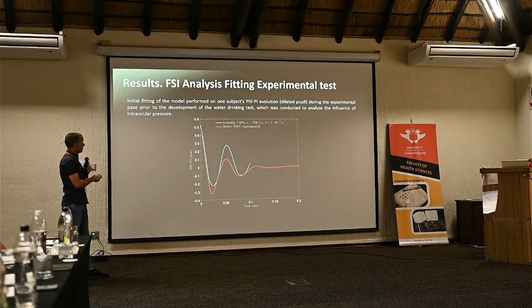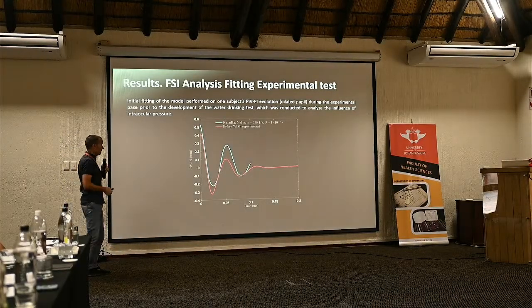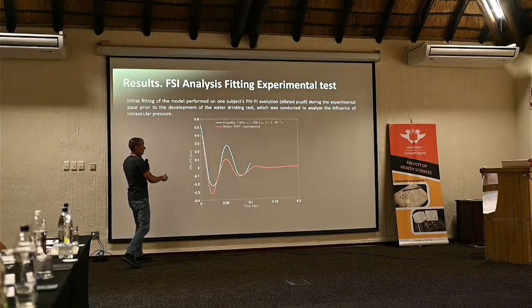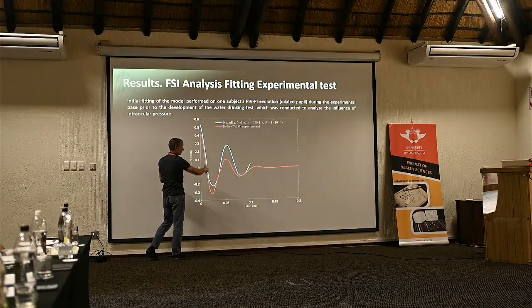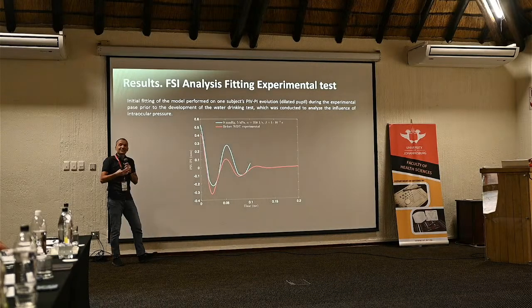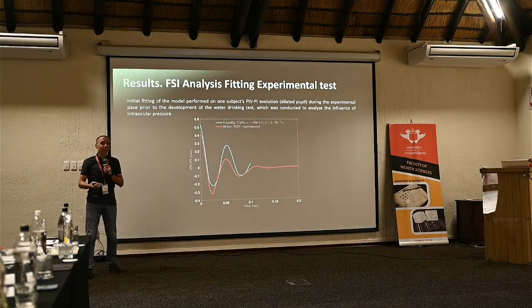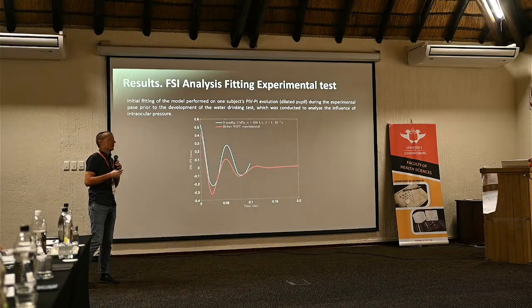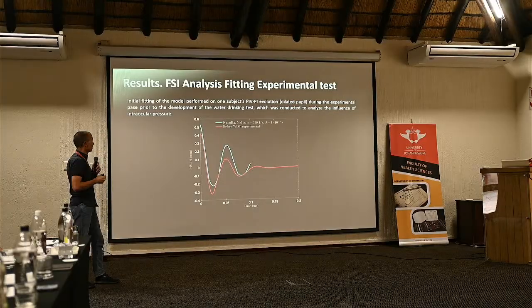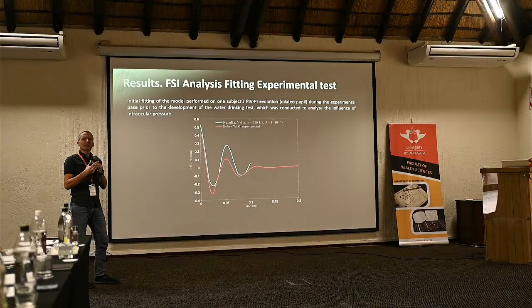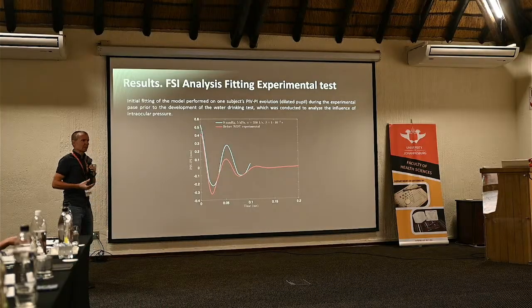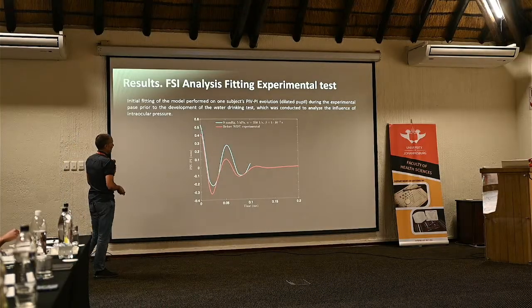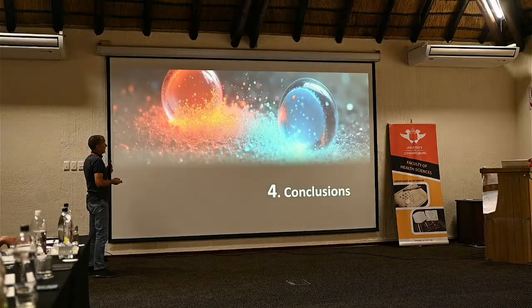You can observe that the model is able to capture the overshooting effect, and also that it is starting, let's say, to capture the decay effect due to the friction between the fluids and also the damping inherent in the material of the structure. So we think that we are on the right path. And finally, to conclude,